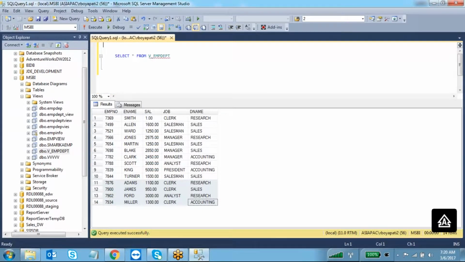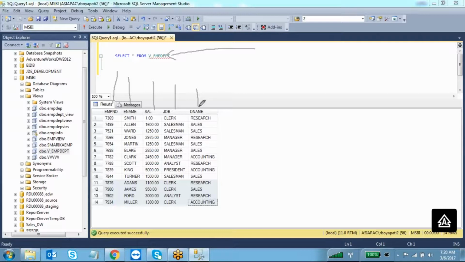Okay, so now what you can do is give permission to that user only on this view. If you give access on this view, they will access only employee number, employee name, salary, job, department name. They can't see the commission, they can't see anything other than this.